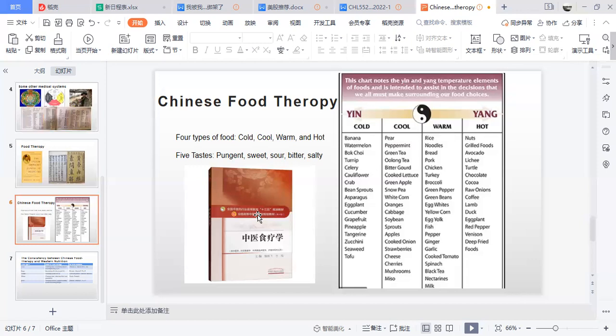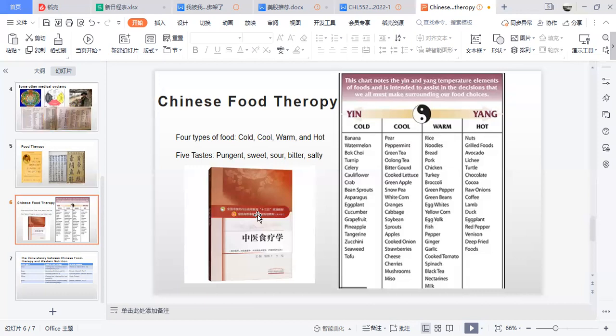In traditional food therapy, there are 4 types of food: cold, cool, warm, and hot. And actually, this is not temperature, but an inner feature which can change people's inner body. So it does not mean that if you throw it in the fire, you can heat it. No, it's because of the inner factor. Although heating can change it somehow,